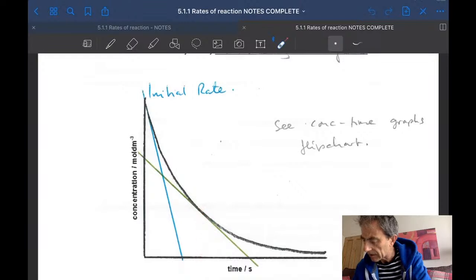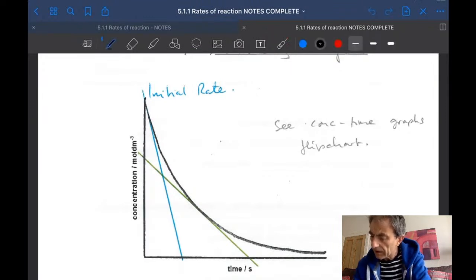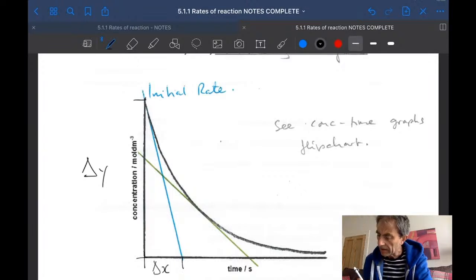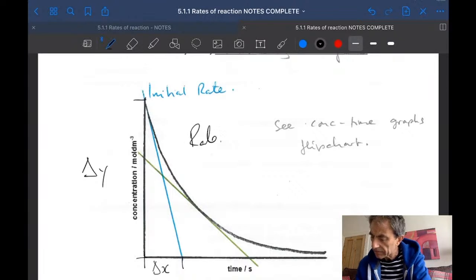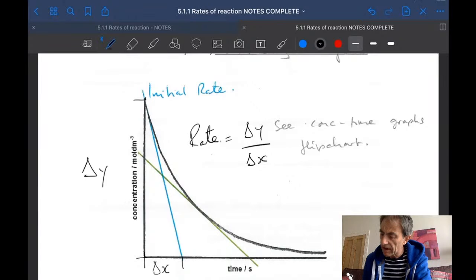So that's not the way to calculate rate, because that's not the gradient of that line. So what you need to do is calculate the change in y. Let's do it for the initial rate. And you need to calculate the change in x. And then obviously the rate is equal to the change in y, the change in concentration, divided by the change in x, which is the change in time, okay? So that's how you would calculate the rate at any point in